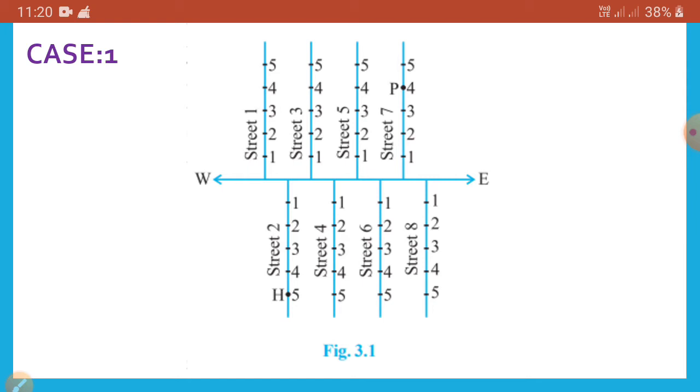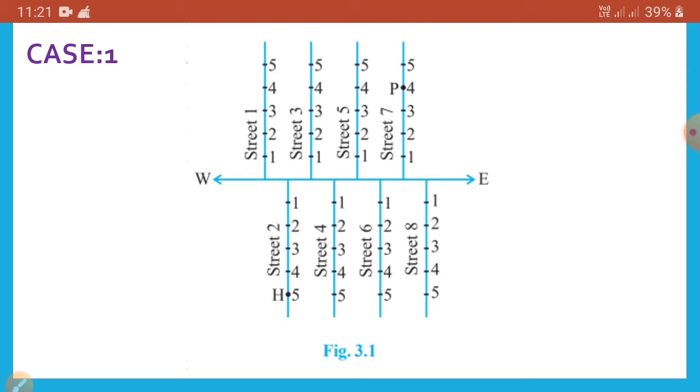To look for a friend's house, it is not enough to know only one reference point. For instance, if you only know that she lives on street 2, will you be able to find her house easily? Not at all. We need two pieces of information about it, namely the number of the street on which it is situated and the house number. So if you want to reach the house which is situated in the second street and has the number 5, first we identify the second street and then we identify house number 5 on it.